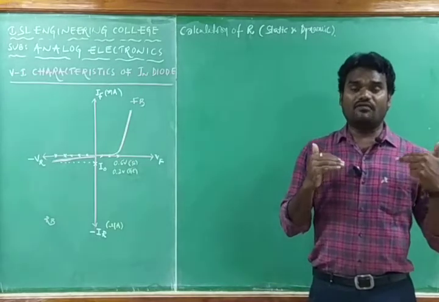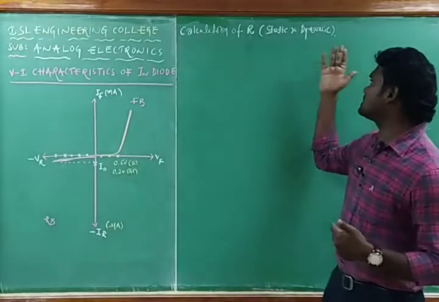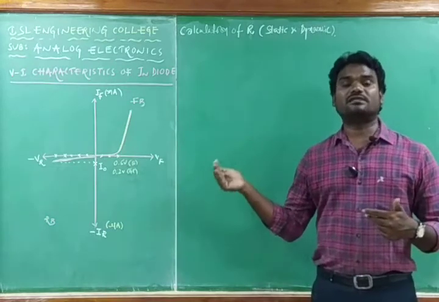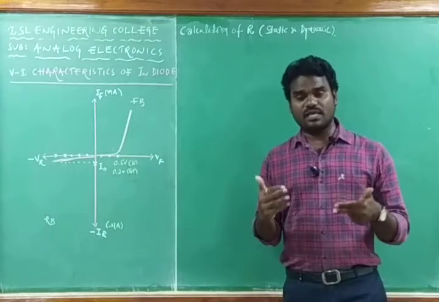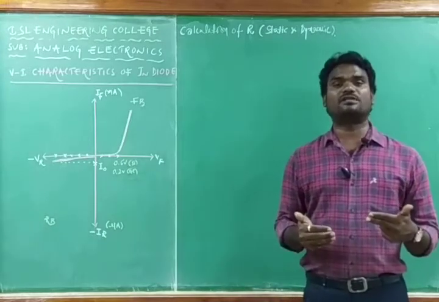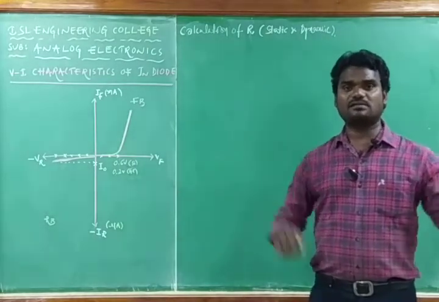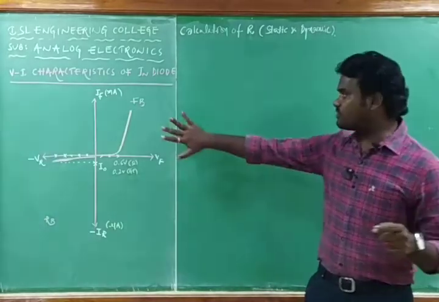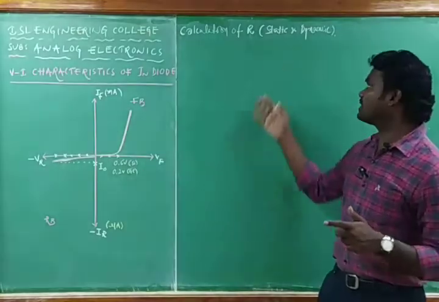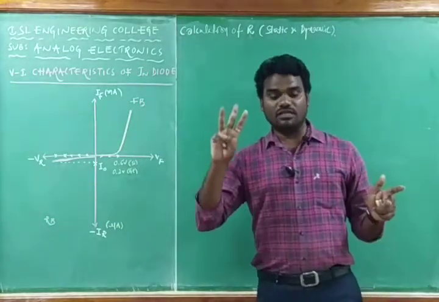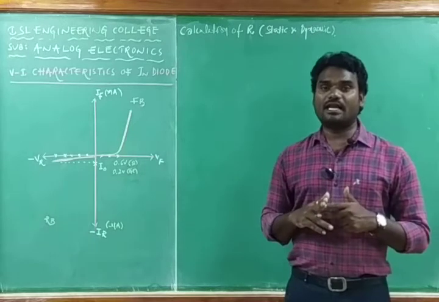With the definition or calculation of the static resistance and the dynamic resistance, the VI characteristics of the PN junction diode will be completed. In the exam, if you get a question like this, explain the VI characteristics of the PN junction diode, that means you have to explain the operation of the PN junction diode in forward bias and in reverse bias. After that, you have to plot the VI characteristics into a graph, and from that graph, you have to calculate the static and dynamic resistances. With these three things, you close the writing of the VI characteristics of the PN junction diode.